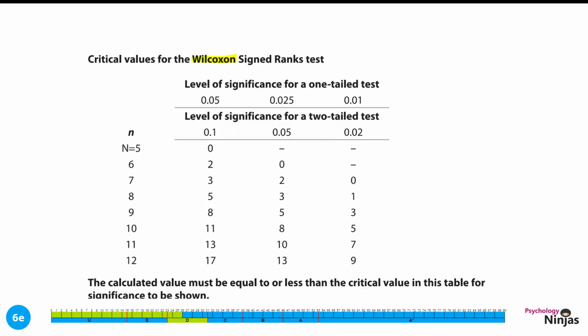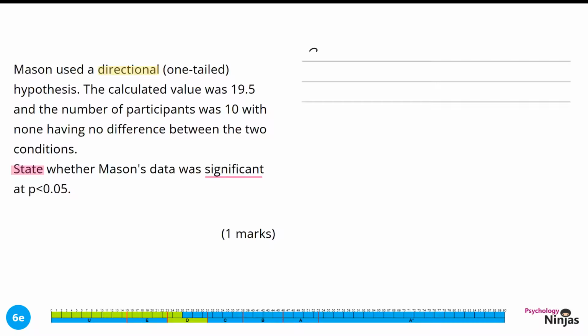We had a directional hypothesis or a one-tailed test, so we're using this level up here. Also in our question it told us that we were looking at 0.05, which is here. So we're going to be working our way down this column to ensure that we're selecting the right critical value. We then need to be aware of the number of participants we had in our study. We had 10 participants, which means that our critical value is 11. This is the first thing that we put into our answer, that our critical value from our critical values table